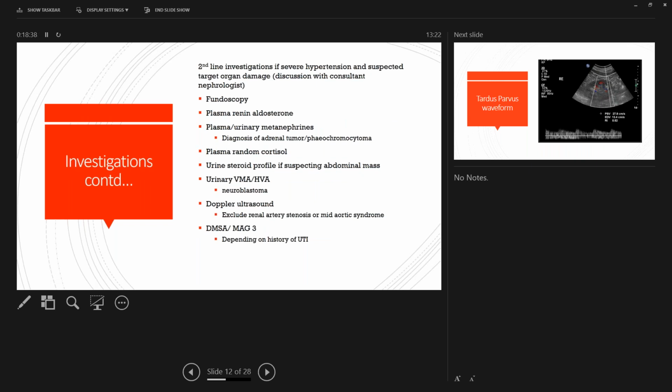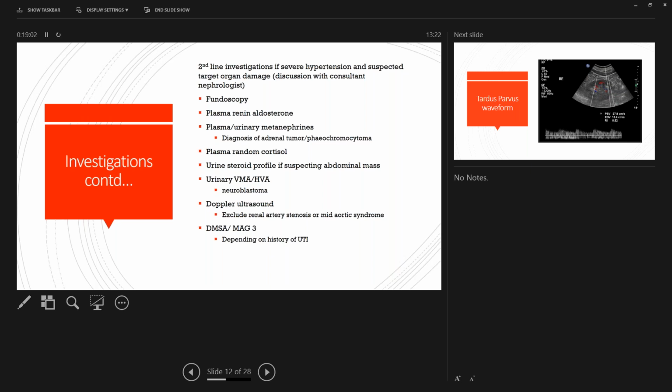So what would second line investigations look like? These ones would be used if you're suspecting severe hypertension, severe hypertension being 95th centile and over, so kind of stage 2, and you're suspecting target organ damage. At this point, you would have discussed this with a tertiary centre or consultant nephrologist for some